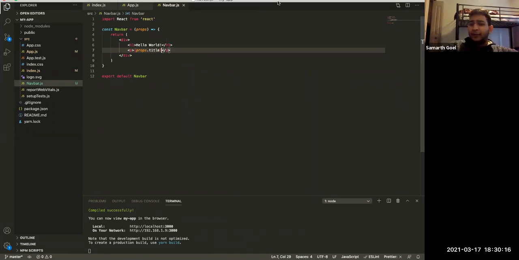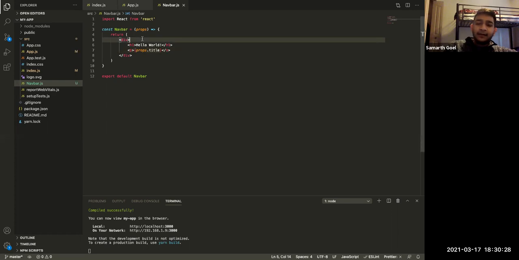But I guess before we go into that, any questions? Can you give it a default component if something isn't passed in? Yeah, you can. Props.title or,